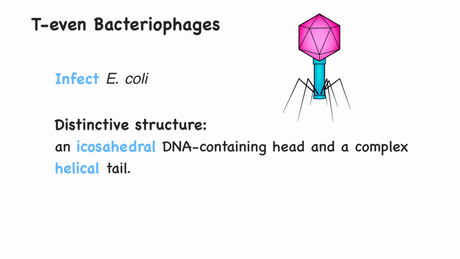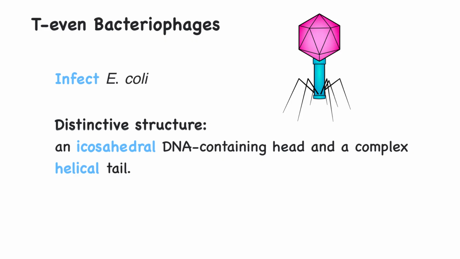The most well-studied bacteriophages are those that infect Escherichia coli, known as the T-even phages. These include T2, T4, and T6. T-even phages have a very distinctive structure, an icosahedral DNA-containing head, and a complex tail apparatus that is helical and made of many components. Because bacteria have rigid cell walls, bacteriophages cannot enter the cell by endocytosis or membrane fusion